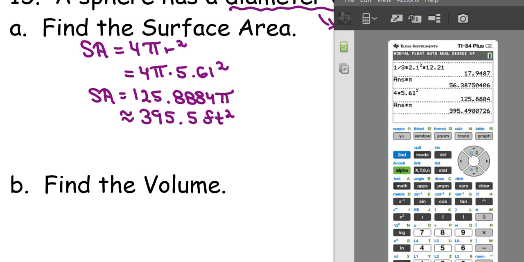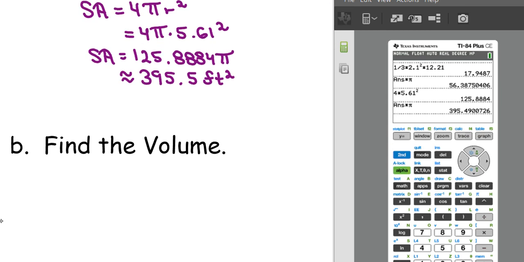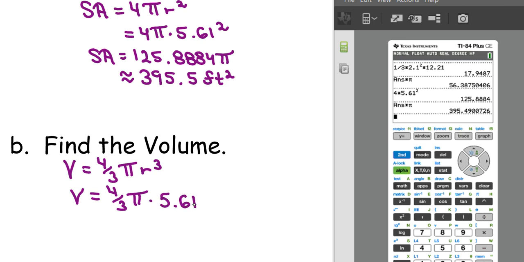Okay, I'm going to let my calculator hang out there. The volume formula for a sphere is 4/3 pi r cubed. So we're going to use the same radius. It just has to get cubed this time. That radius again is 5.61. So if I take 4/3 times 5.61 to the 3rd power,